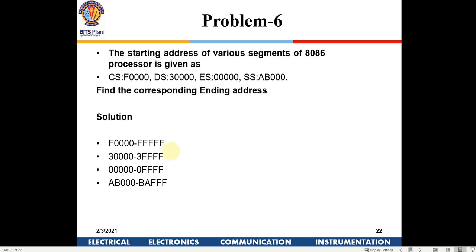But you can go beyond this also, like I said, because we will see how the instructions are written. It is possible to increase the offset beyond 64K also, right? But if it is not specified, this could be the answer. If it's a multiple choice question and this is an option, you can tick it. Otherwise practically you can go beyond this. The same goes for the extra segment and the stack segment. You keep adding FFFF, so you get the answer.